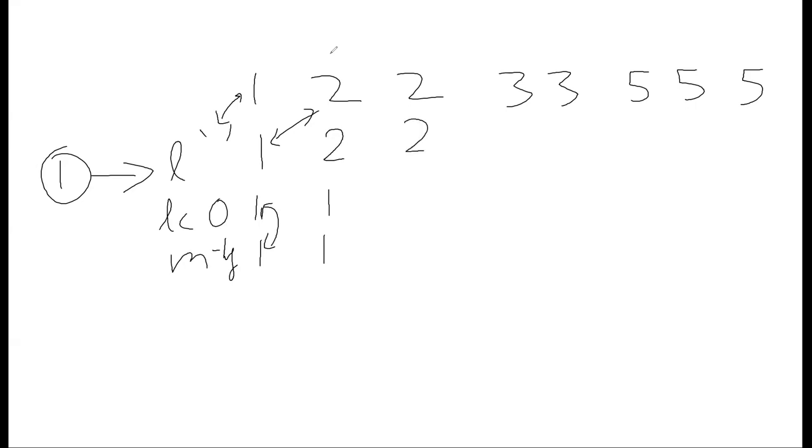Now I'll again see this one. These two are the same, so I'll just increment this number. My max is still 1. I've not changed my max yet. Now there's a change in number. I'll set my last character to 3, reset my counter to 1, and compare these two. What's my max now? My max is 2.